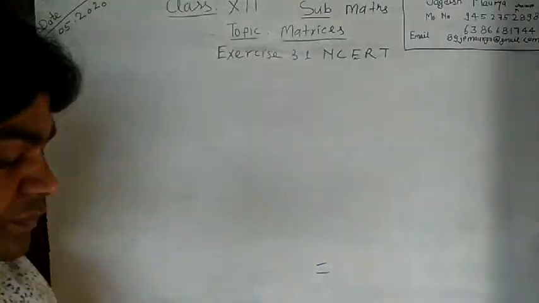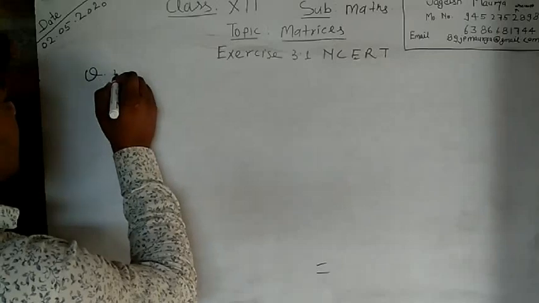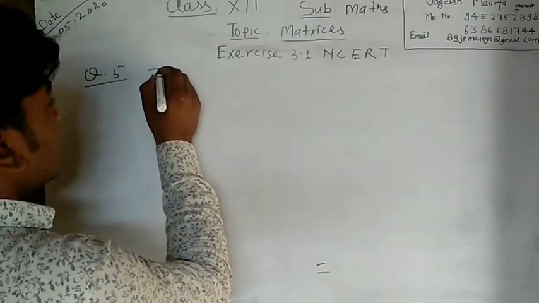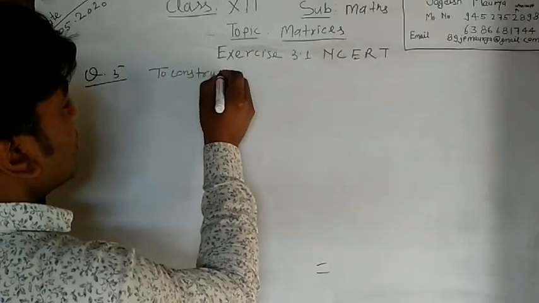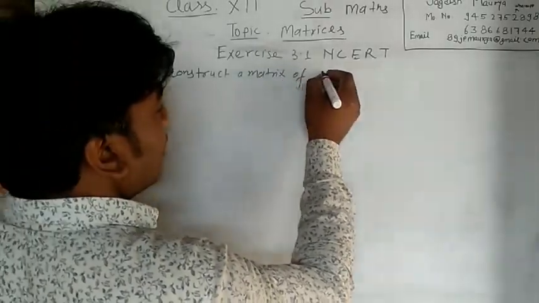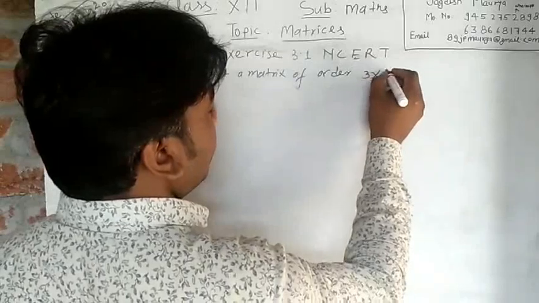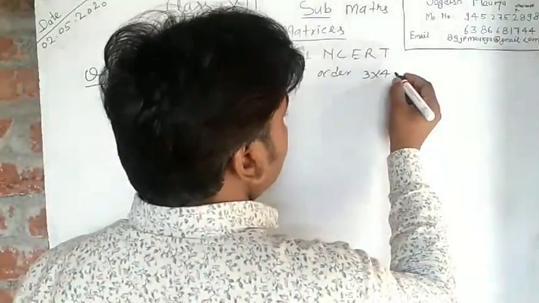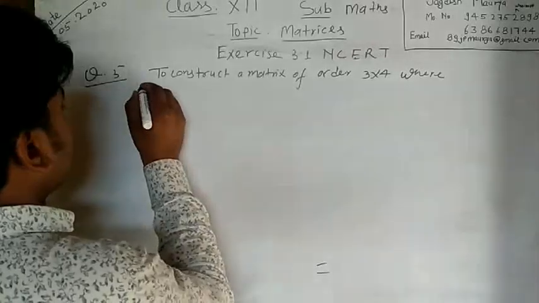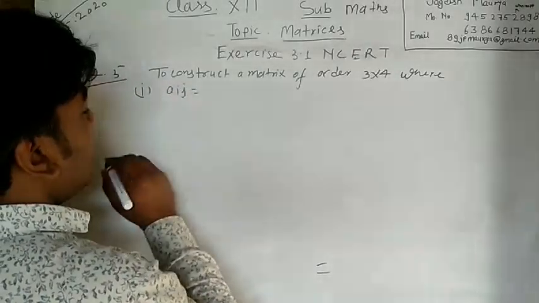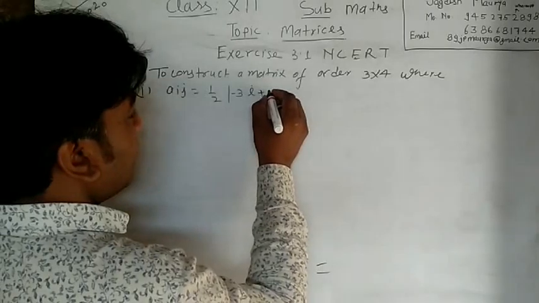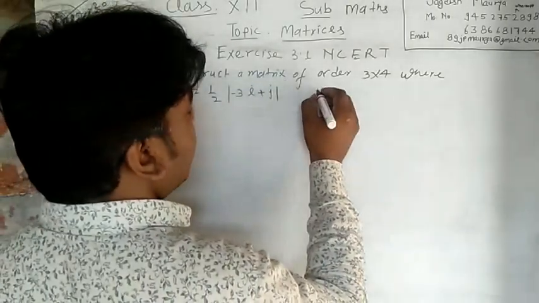The question is: construct a matrix of order 3 by 4, where first, Aij equals 1 by 2 mod of minus 3i plus j, and the second,